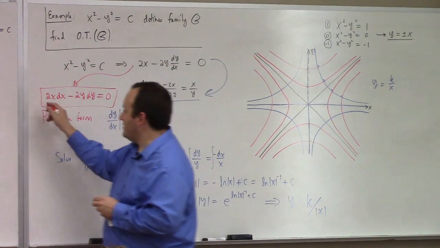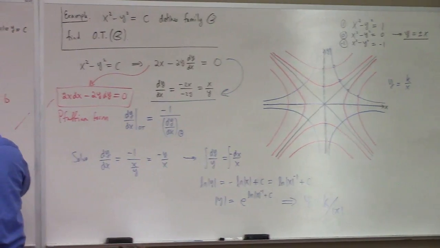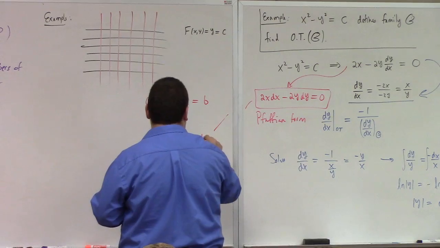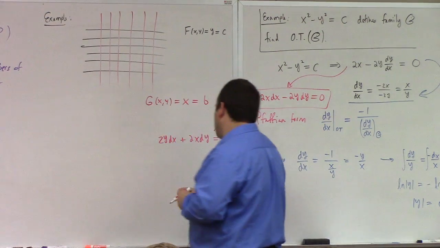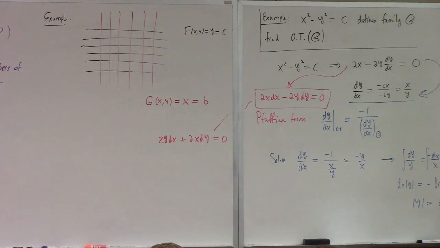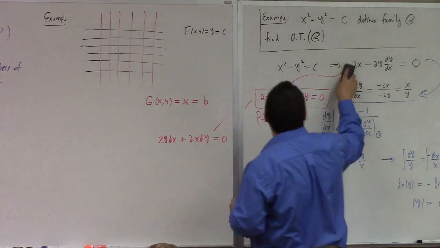The orthogonal trajectory Pfaffian form is, I think, 2y dx plus 2x dy equal to 0. And if you look at that, you can see that either x equal to 0 or y equal to 0 makes all of those terms 0. That properly includes the axes in both cases. But the cost is talking about Pfaffian forms, which I'm not supposed to talk about in here. So